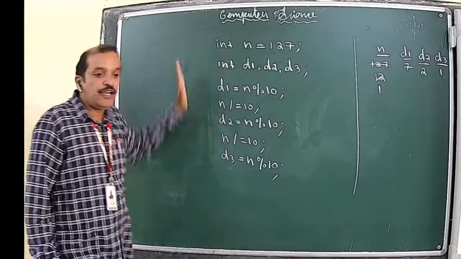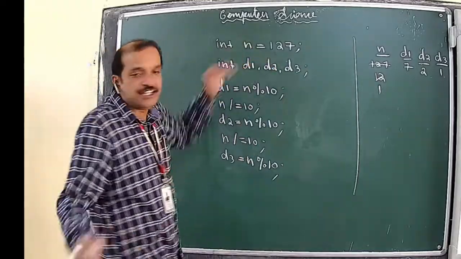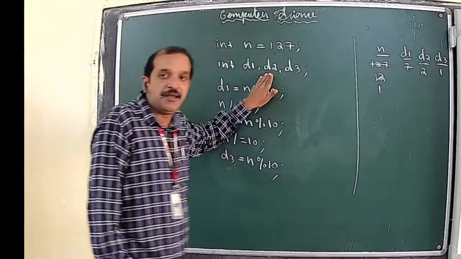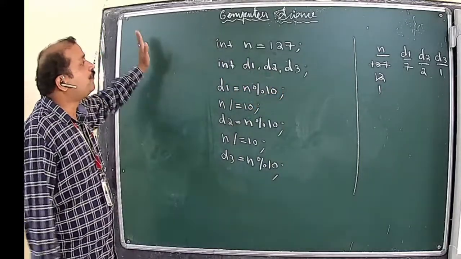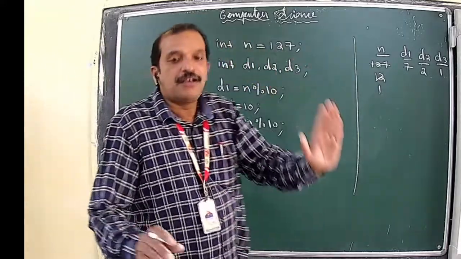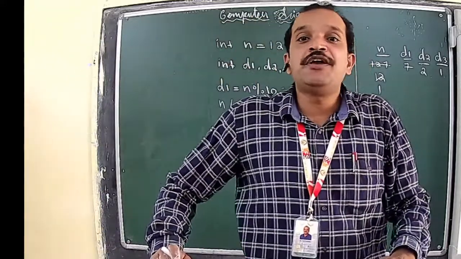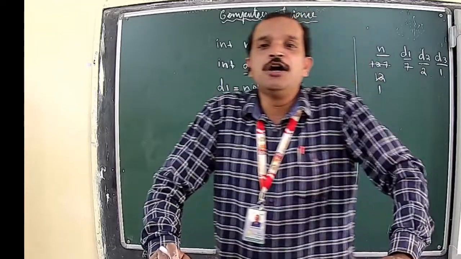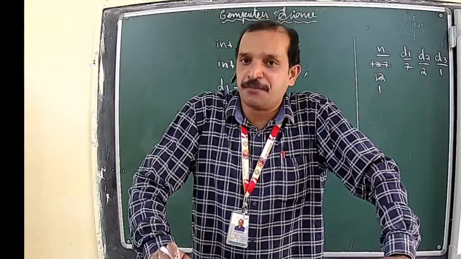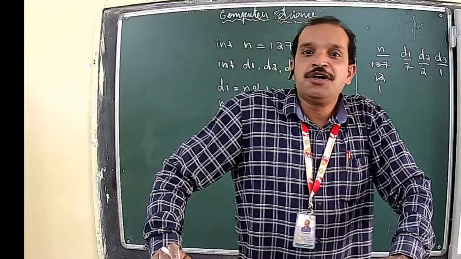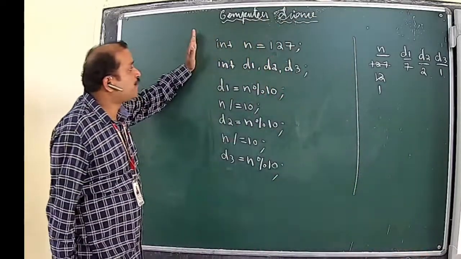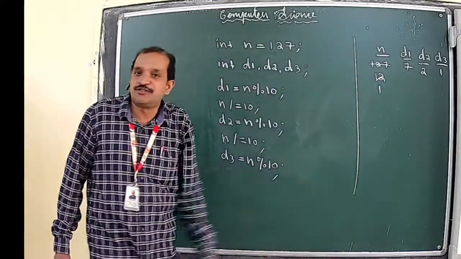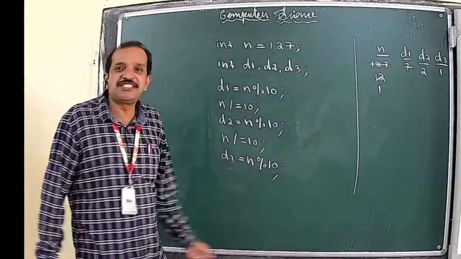So now we are going to see, suppose since it is a 3-digit number, we declared 3 variables and we were able to perform this task so smoothly. But in an actual program, we may not even know how many digits there are, because it is the user who decides the number of digits in a number. With a large number of digits, we will definitely not be in a position to declare separate variables for that. So these are only the basic skills that are required.